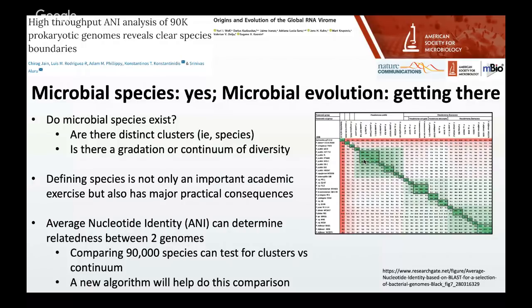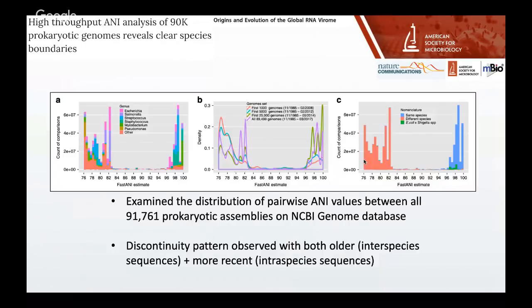And so this group developed a new algorithm that would be with high computing power. Of course, this sequencing comparison is really becoming a computing problem as much as it is a microbial evolution problem. And so this new algorithm had to be verified, which they did. And then they looked at all of those different genomes that had been deposited within the NCBI genome database,